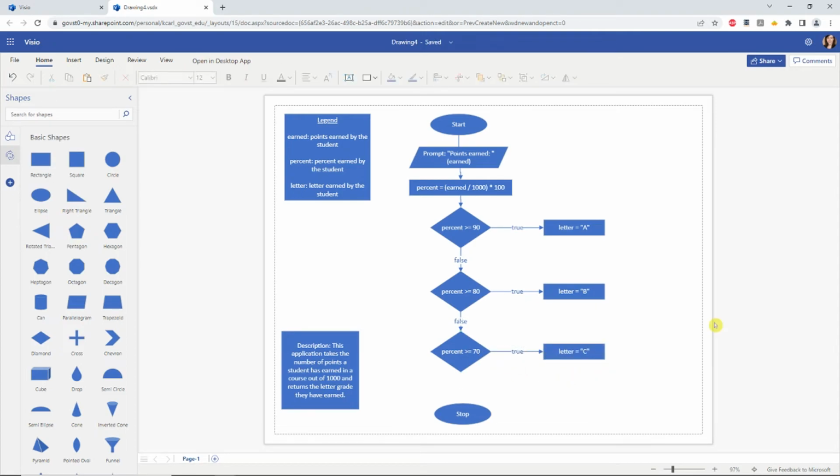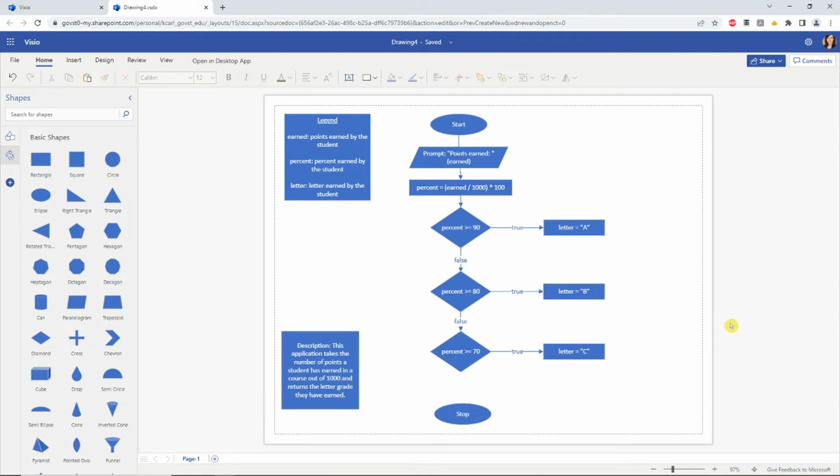Now the last case we need to check is whether or not the percent earned is less than 70. And we can also consider in this case what would represent valid input for this application. We have not handled invalid input. Again, we don't have repetition yet, so we're not doing that at this moment. However, we can at least base our default condition, which is what we're going to call it when we're talking about cases, the default case being the case that is invoked if no other case is true. In this case, that would be whether or not